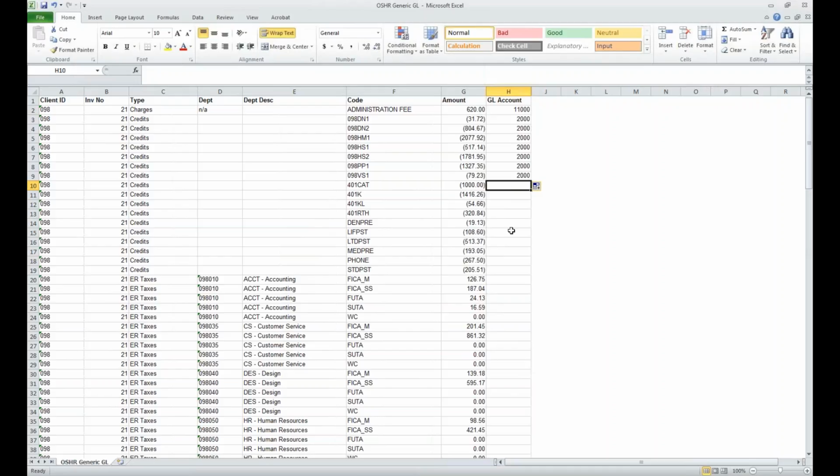So those are not necessarily by department. Those are just the deductions in whole. Is that right? Correct. Now, most of the time, and there are some clients I've come across that are exceptions,